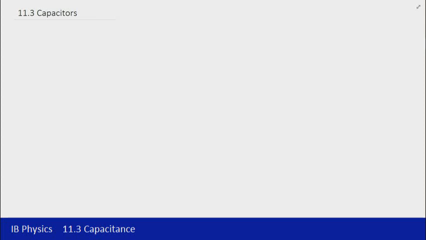In subtopic 11.2, we briefly looked at capacitors as a way to smooth the output of an AC rectifier. So in subtopic 11.3, we're going to look at what capacitors actually are. A capacitor is an electronics device that basically just consists of two plates. Fairly simply, a capacitor consists of two metal plates that are